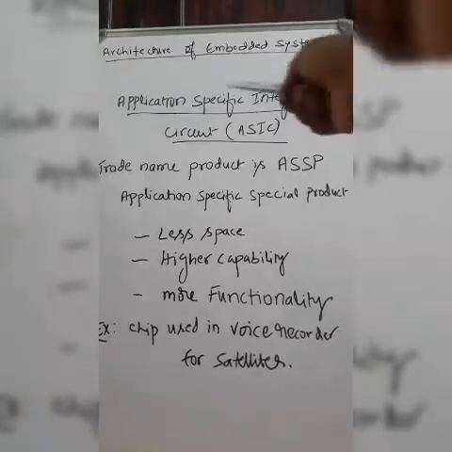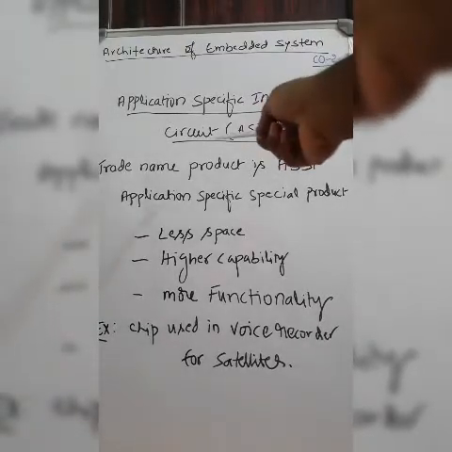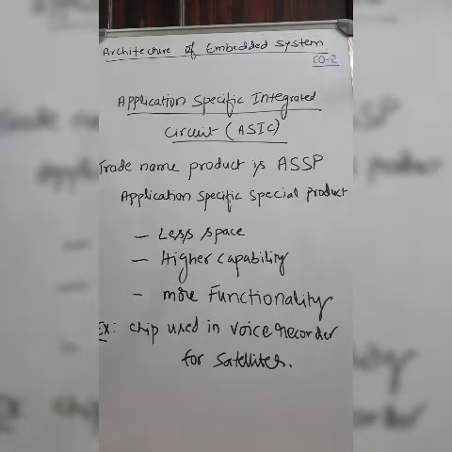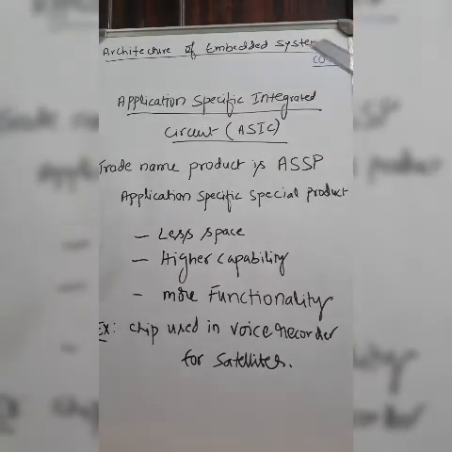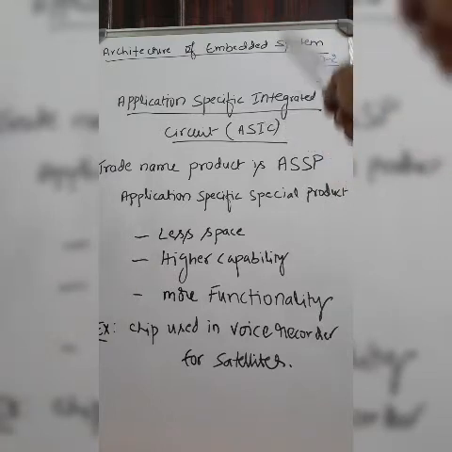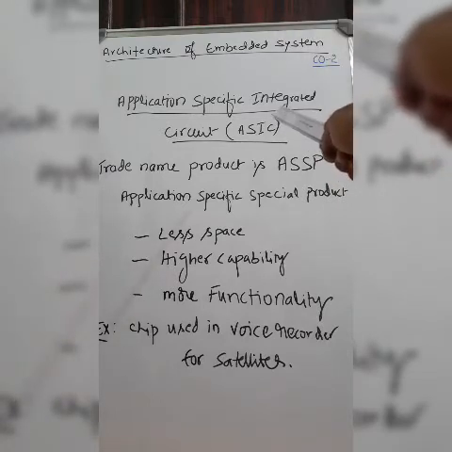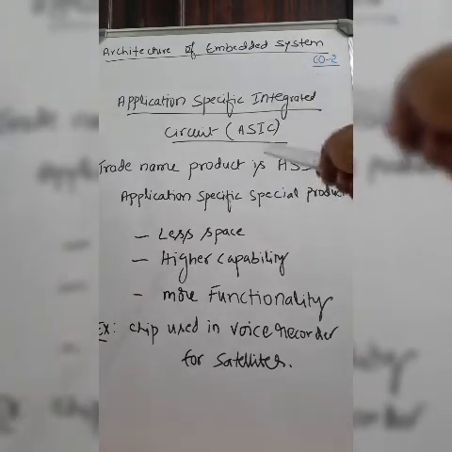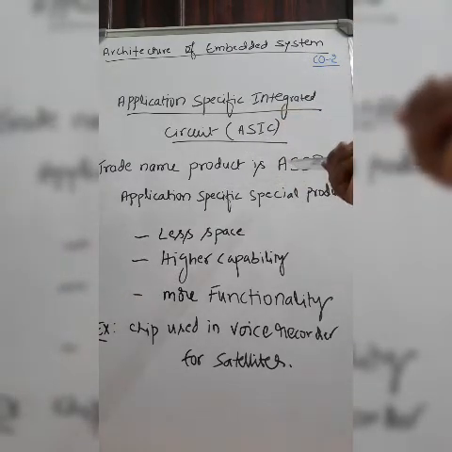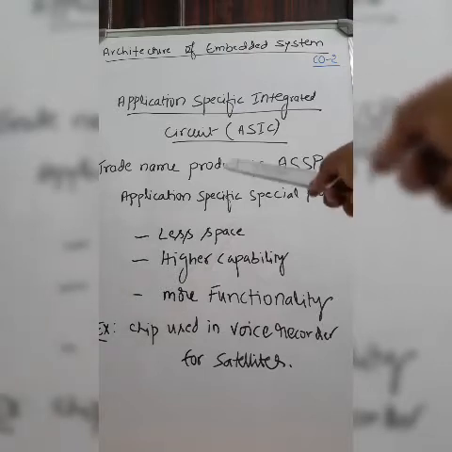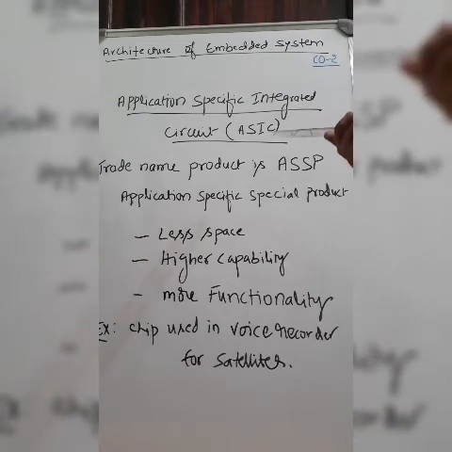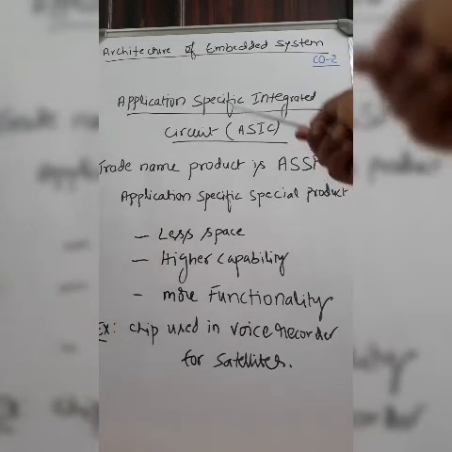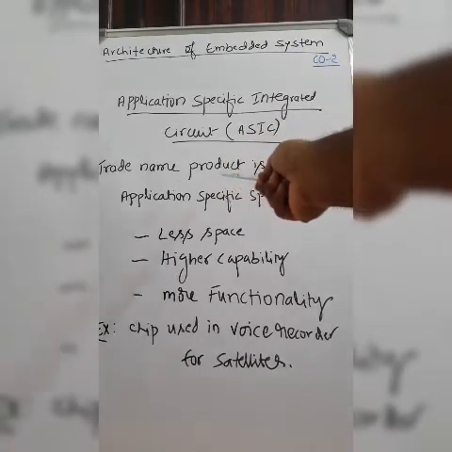Coming to the application specific integrated circuit, ASIC, which can also be used as a core in an embedded system. An ASIC is a microchip. It is designed for a unique and specific purpose. The cost is quite less because several functions are integrated into a chip. And then ASIC can be made by any company. They can manufacture and sell under their own trade product name.